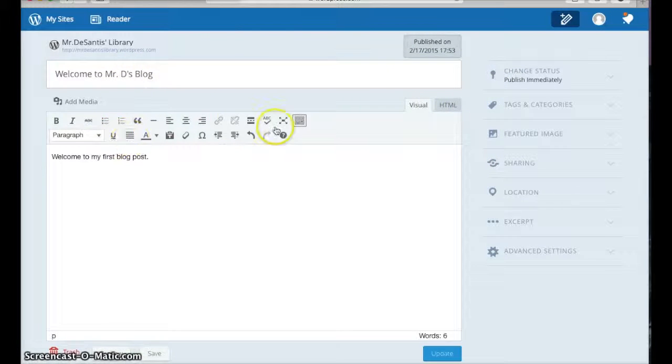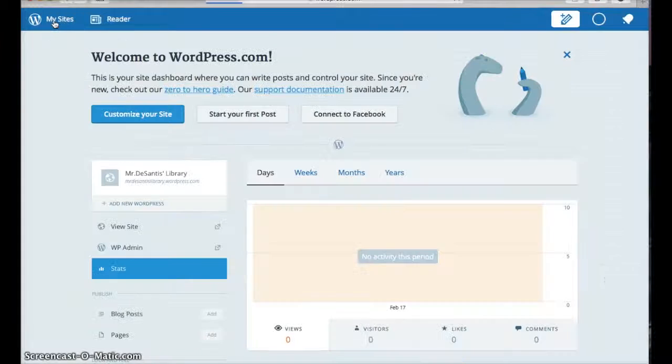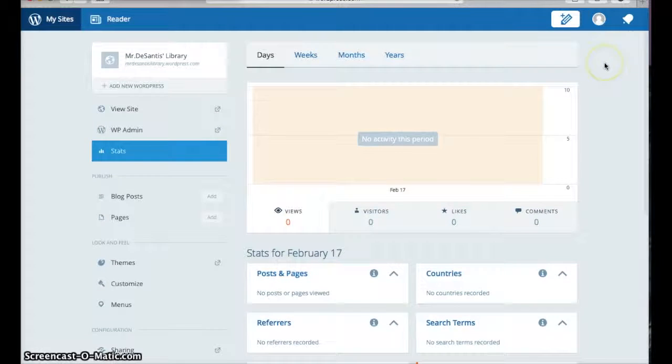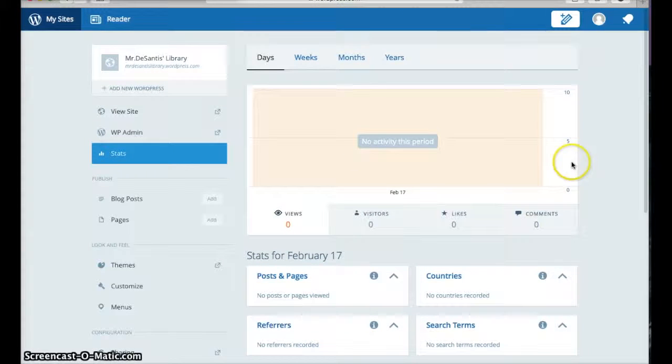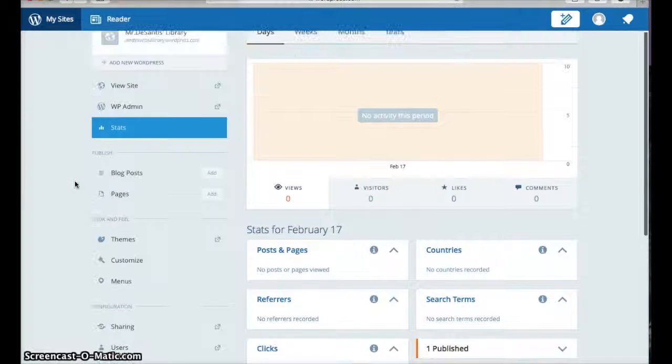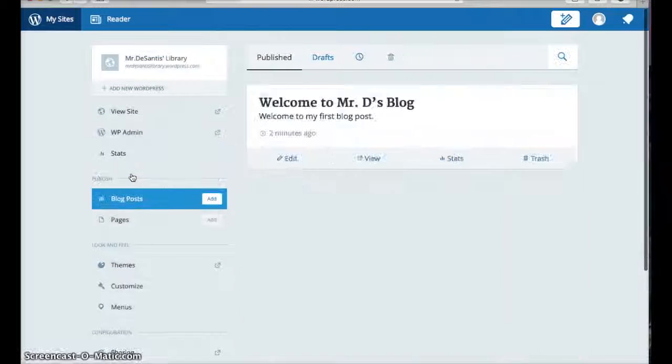I'm going to go back to that page that I showed you that has all of the different features by going to My Sites. Go ahead and click on that. So I already started my first post. You know what? I'm just going to X that right out because that no longer applies to me. So looking at my stats, if I want to look at all of the blog posts I've ever written, I'm going to go over here underneath stats, underneath publish, click on blog posts, and then you see that's the post I just made. And now if I make another one,